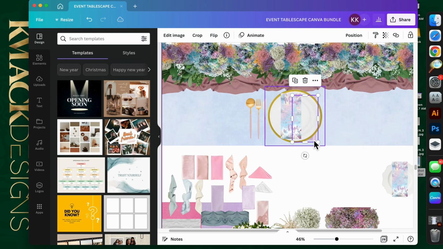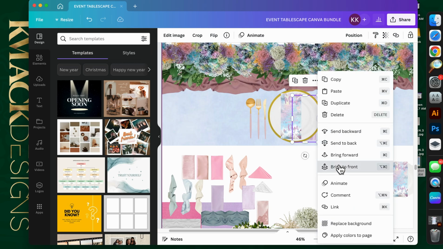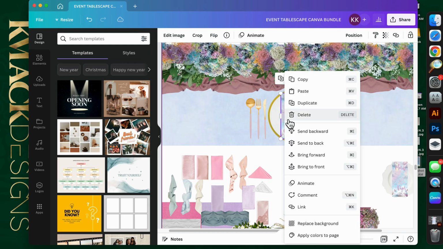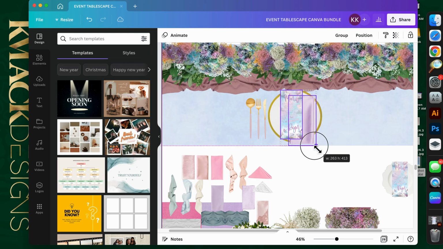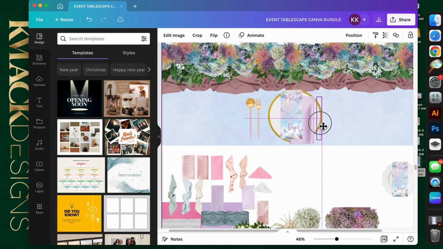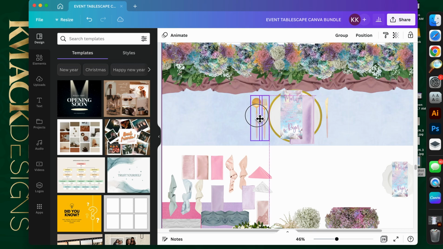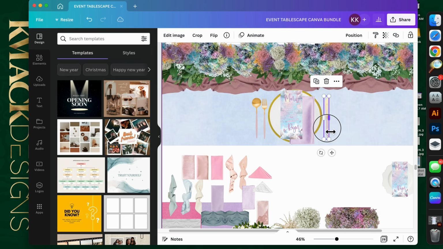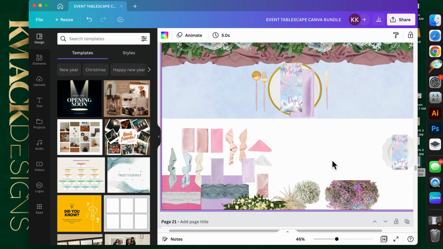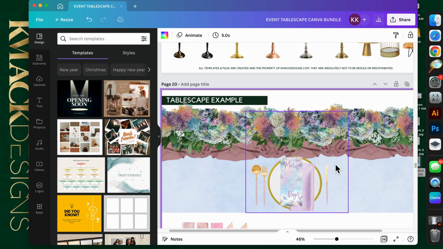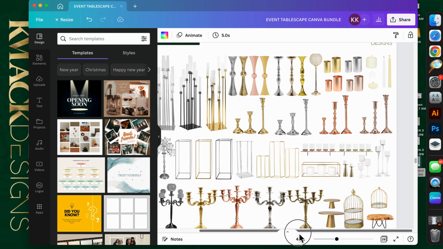Not sure where I'm going on here. Bring to front. What if I put here? I think this one's fine. And then I could put these options on the other sides. So that's perfect. So now if you go up, you can put different objects on the table too, as candles,